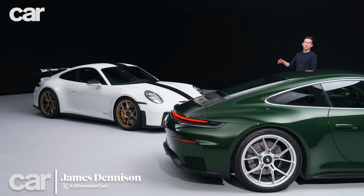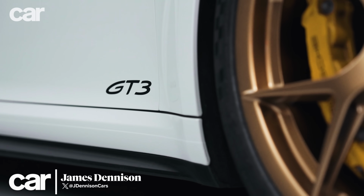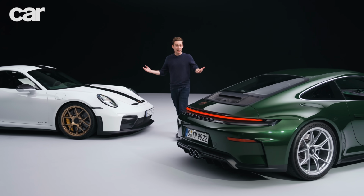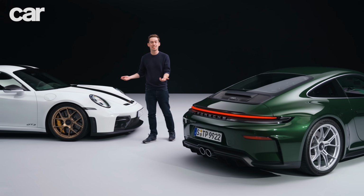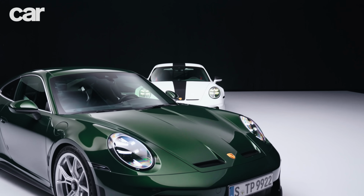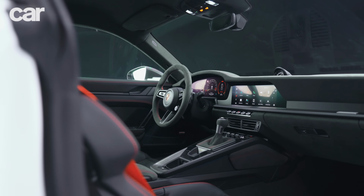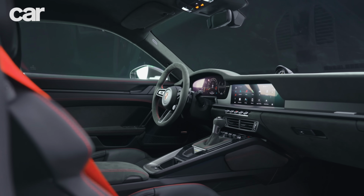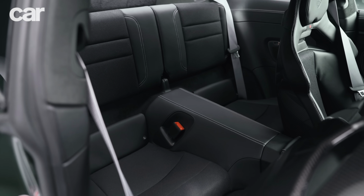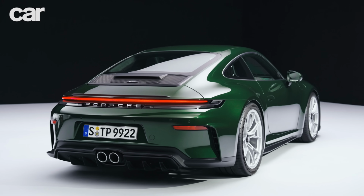2024 marks 25 years of the famous GT3 badge, and as such, Porsche has a couple of surprises up its sleeve for the latest facelift. There's not any extra power, that's not really the GT3 way, but from launch, you can now get the GT3 as a regular version and the Touring. What's more, for the first time, the Weissach pack is available on the GT3, as is a rear seat option for the GT3 Touring. Pricing in the UK will be from just under